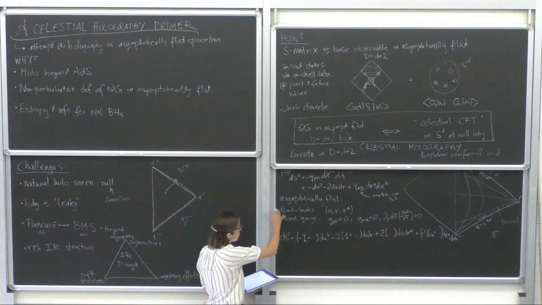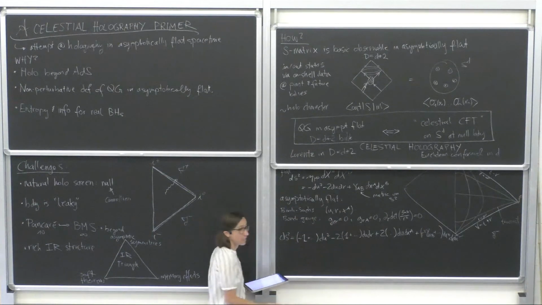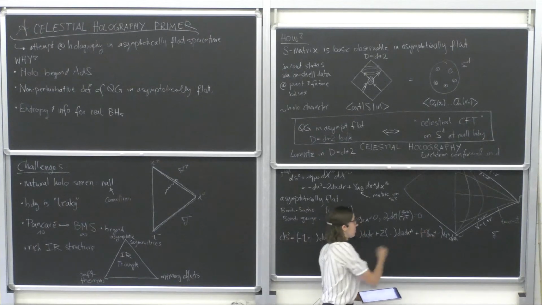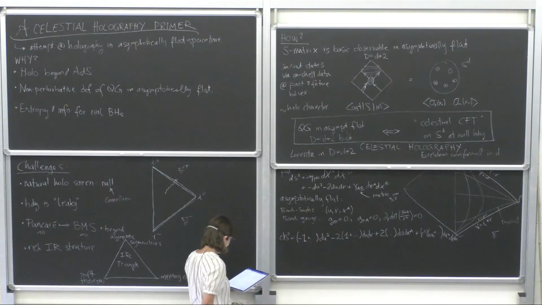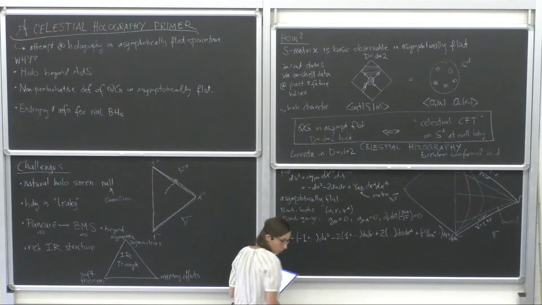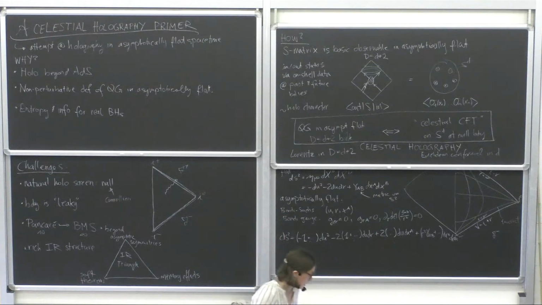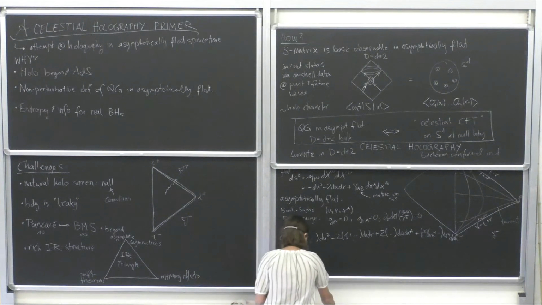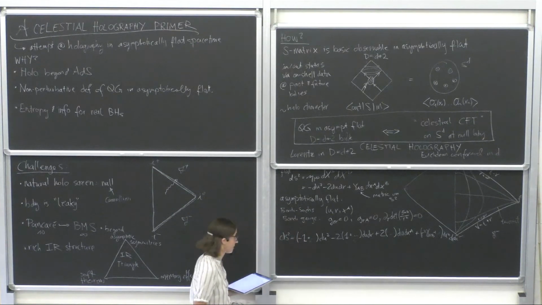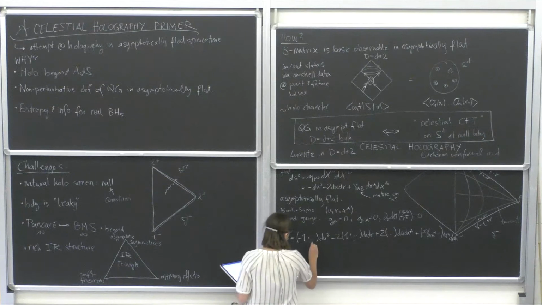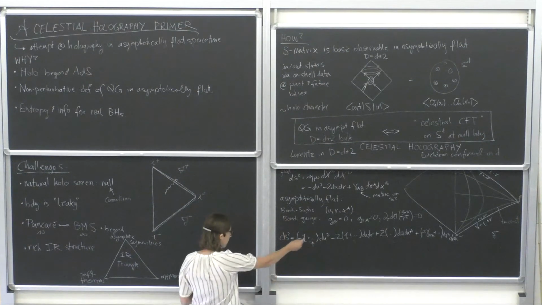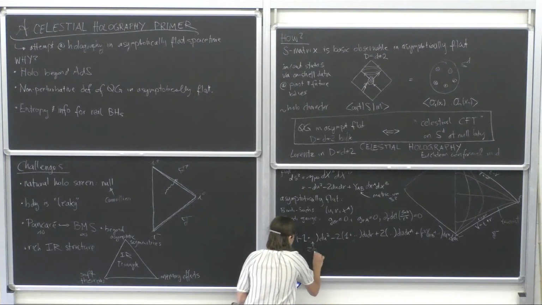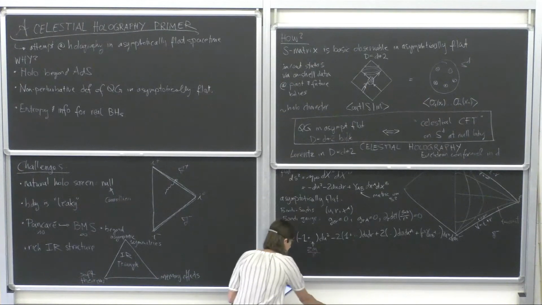And now, in order to make the statement what I mean by asymptotically flat metric, I have to tell you what boundary conditions I put. I already fixed some gauge, now I have to put some boundary conditions. So writing this out in full glory looks ugly, and we will not actually need all of it, so let me just give you the important pieces here. So the first subleading correction in the retarded time component will tell you about the mass of the space-time, and it goes like 1 over r.